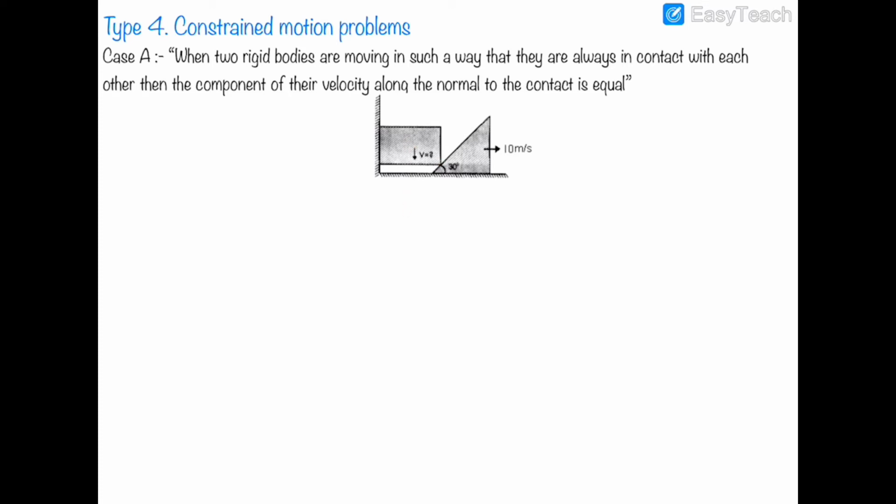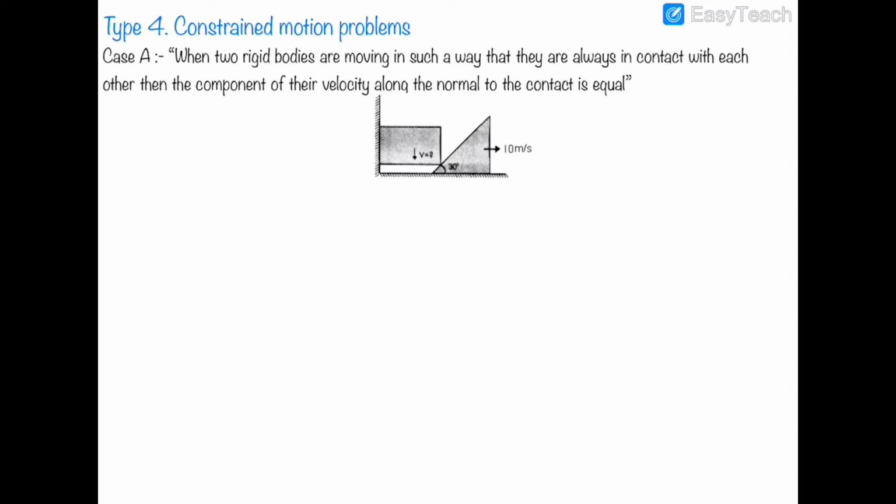Downwards is due to the fact that it will go automatically downwards due to its weight, displacing this wedge towards the right side. Now this wedge is also in permanent contact with the floor, and it cannot go downwards due to the restriction of the floor, and it cannot go upwards because there is no force lifting the wedge upwards. So the wedge will move only along the x-axis, and the rectangular block will move along the y-axis.